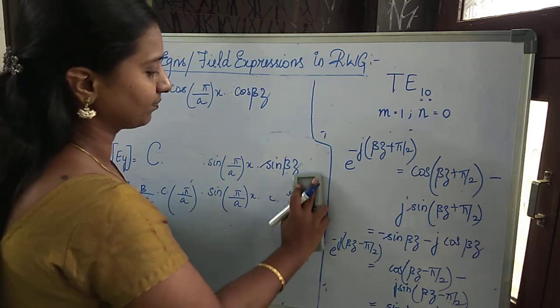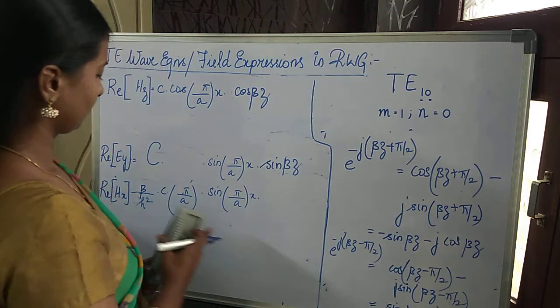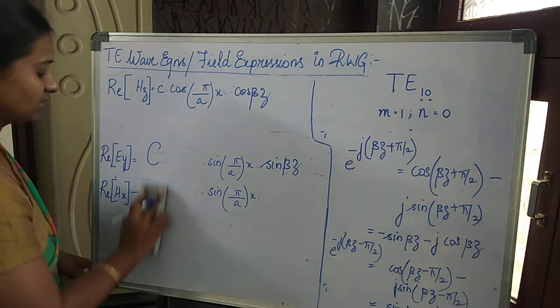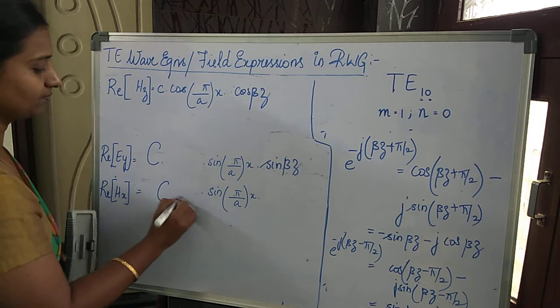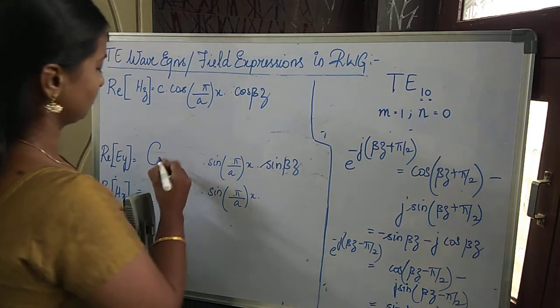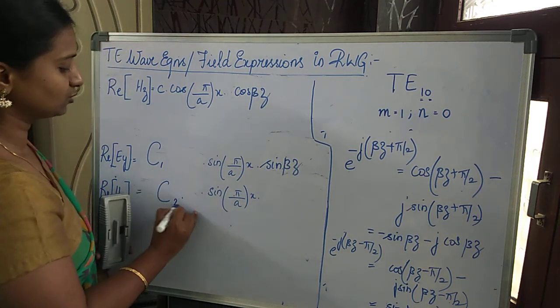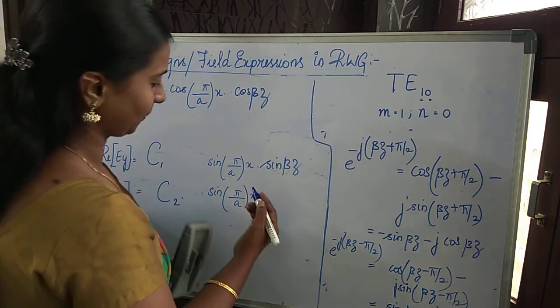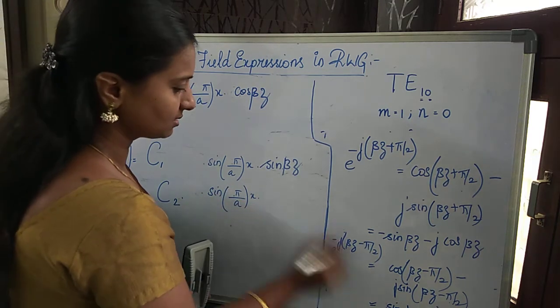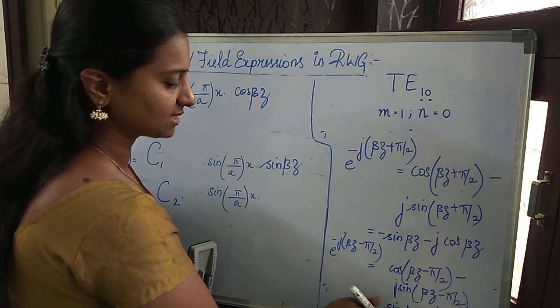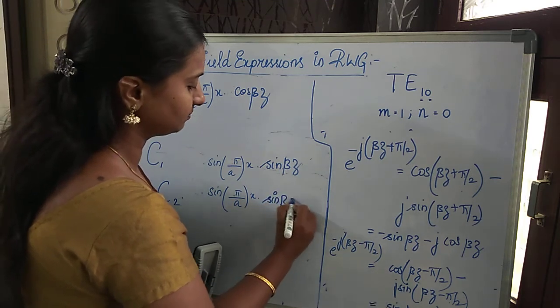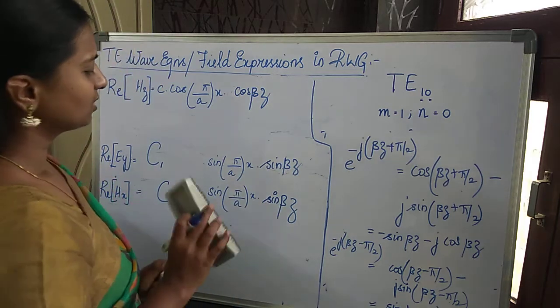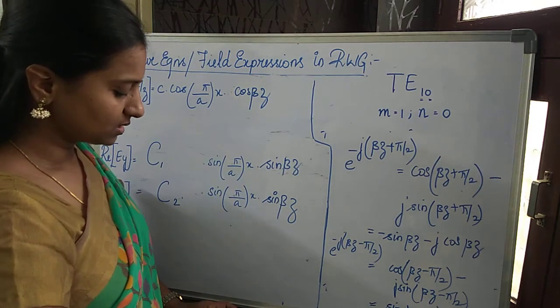Same way, the entire constant terms, you take it to be a single constant C. So you can put it as C1 and C2 for your identification. And this exponential is having the real term to be sine beta z. Okay. So what is the conclusion is,